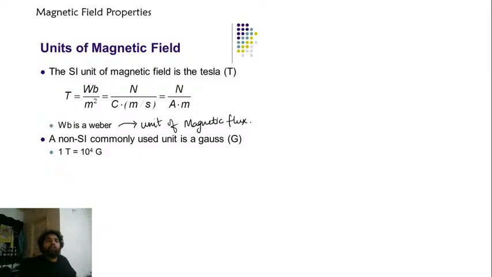All right. So the unit of magnetic field which we discussed before is Tesla. The unit of magnetic field is defined by Tesla. Tesla is also given by Weber per meter square, also as Newton per ampere meter. One Tesla is Weber per meter square. What is this Weber? This is a new term which you never heard. This is the unit of magnetic flux. Weber is a unit of magnetic flux.